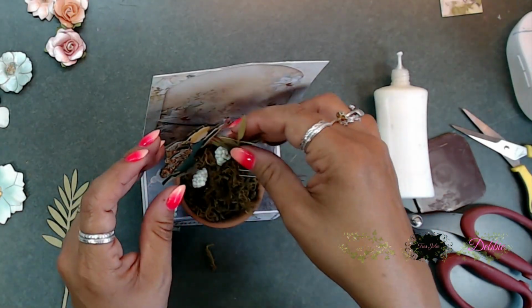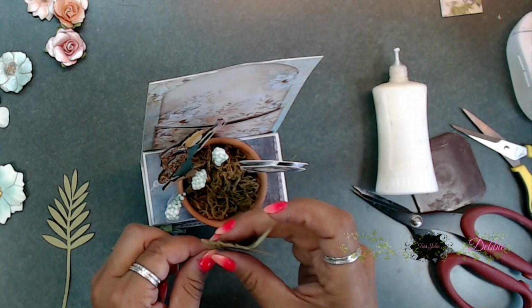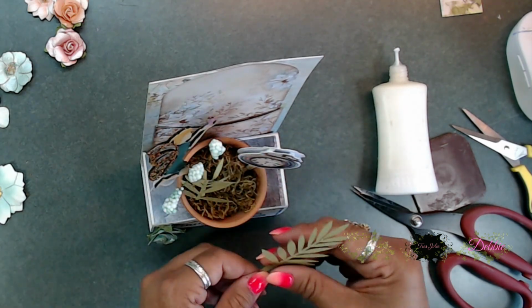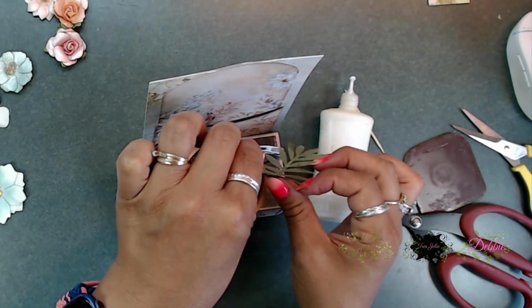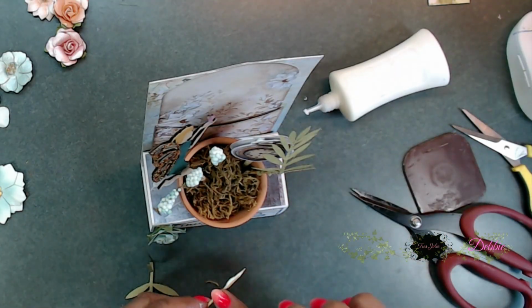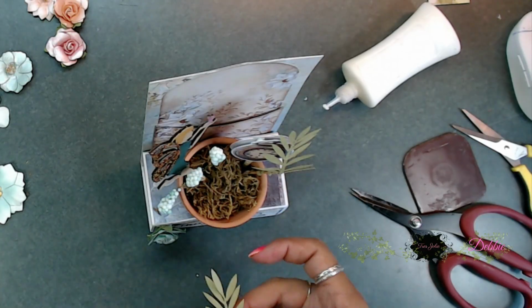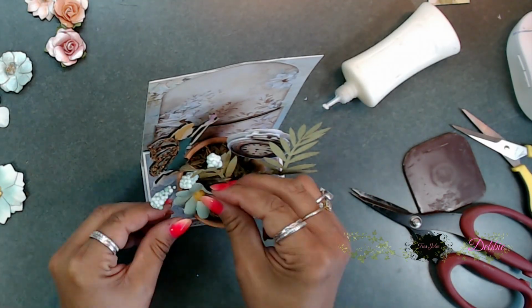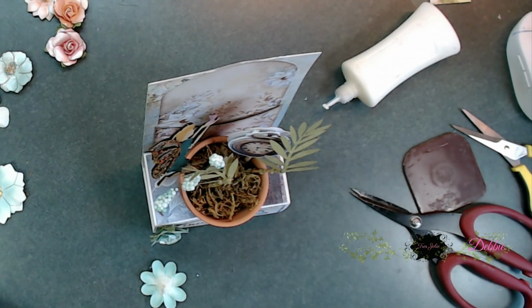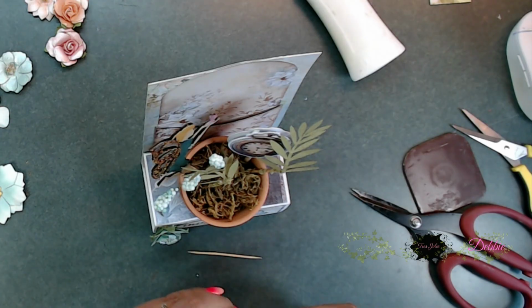And then now I'm just going to start placing my little flowers inside of here. So on this, what I decided to do is to use toothpicks, because at first I was just placing these little guys in there, and then I decided to grab some toothpicks. So I put glue on the toothpick, and then I wound that stem around the toothpick, and it dried, and then I just stuck the little leaves inside of the little pot. And then for the flowers, at first I started using glue, but then I decided to use